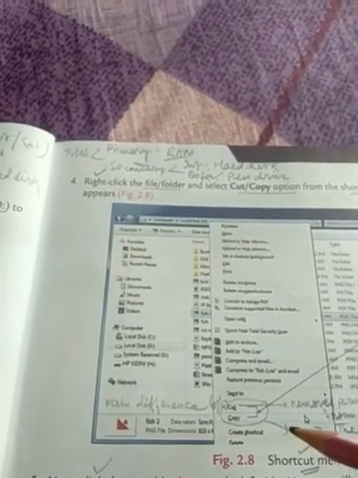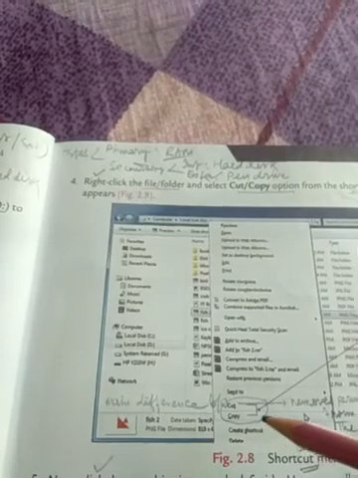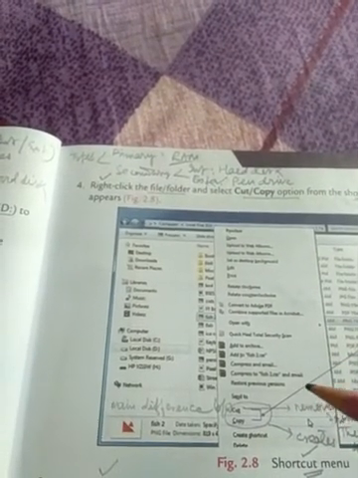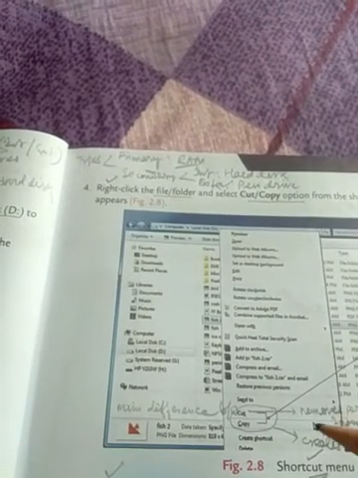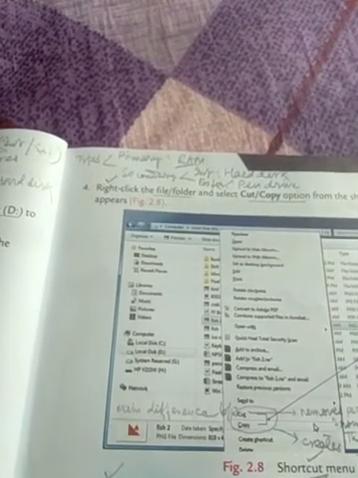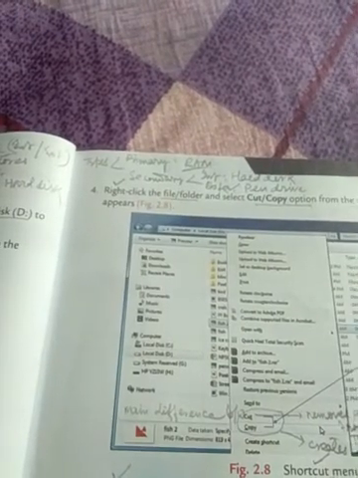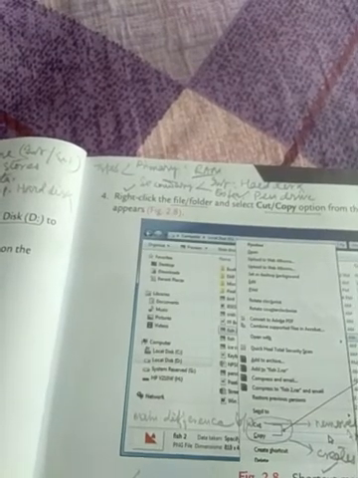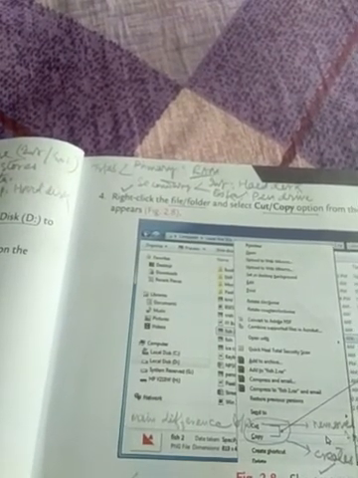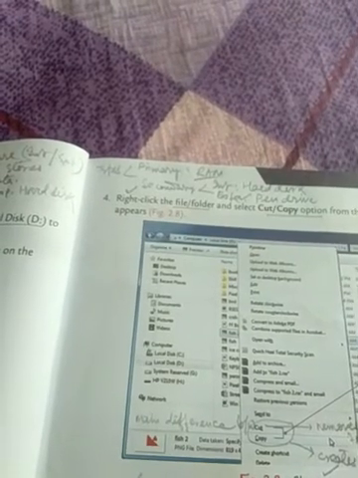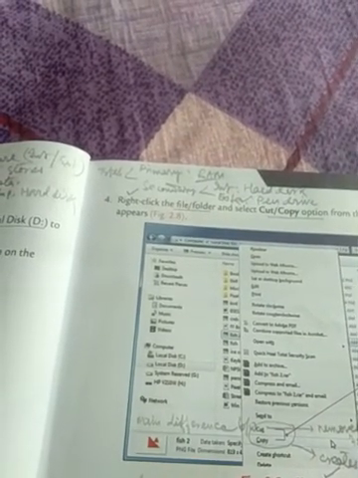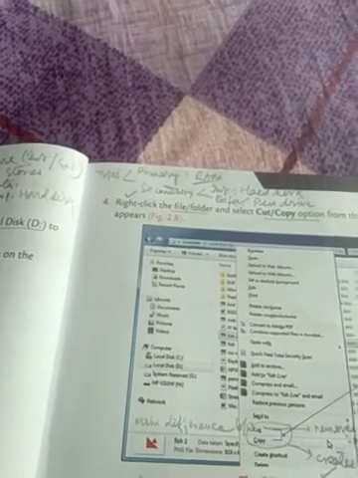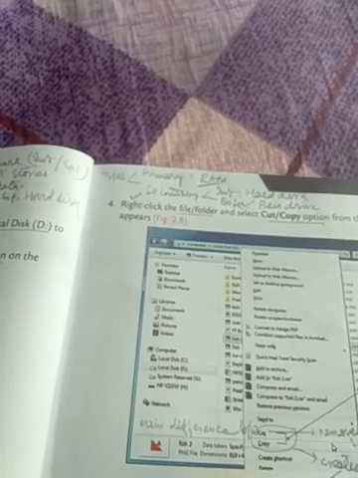Now, what is the main similarity between this cut and copy option? The main similarity is to move or to copy. This is the main intention for using this cut and copy option. I repeat, the similarity between cut and copy is its objectivity, its intention to move or copy any selected data from one desirable area to another one. This is the similarity of these cut and copy options.